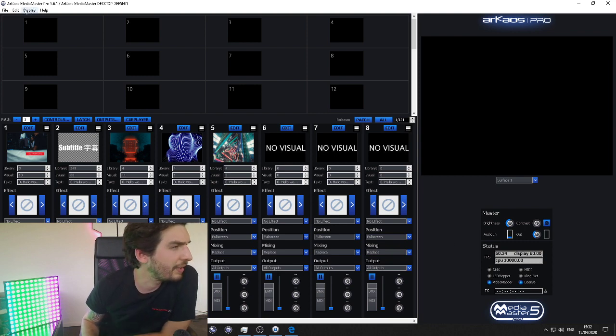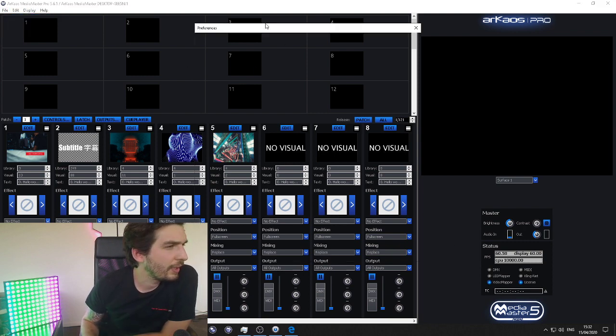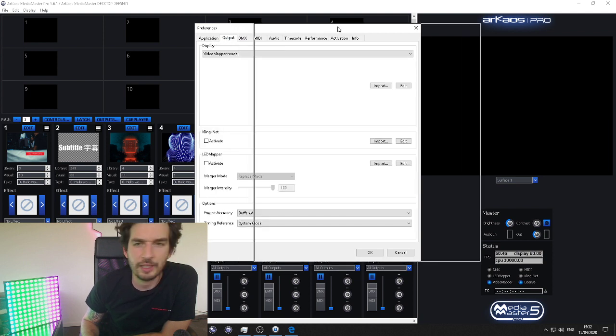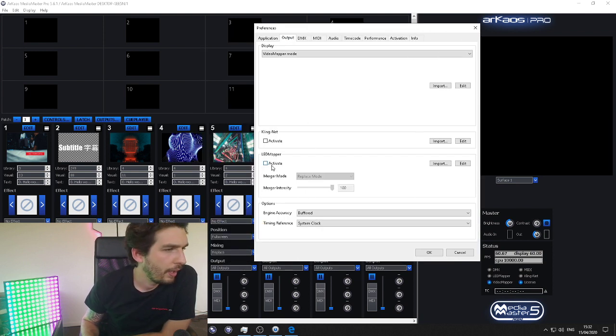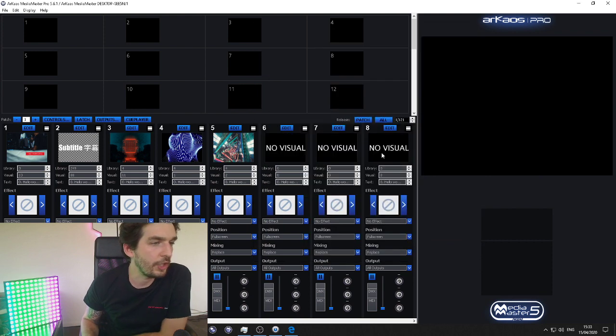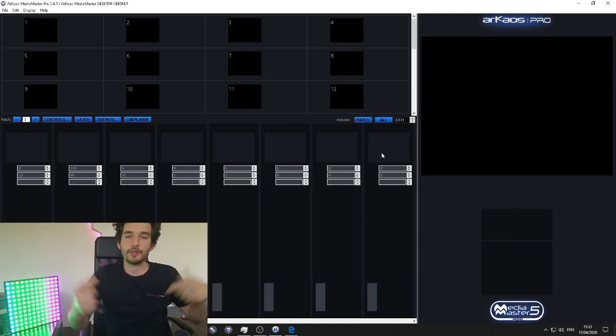So to activate it, sorry, go preference, output, and just checking if I'm not in the way. Select activate, press OK. MediaMaster needs to apply the change, needs to restart its engine, not restart the software, so all playbacks will restart.